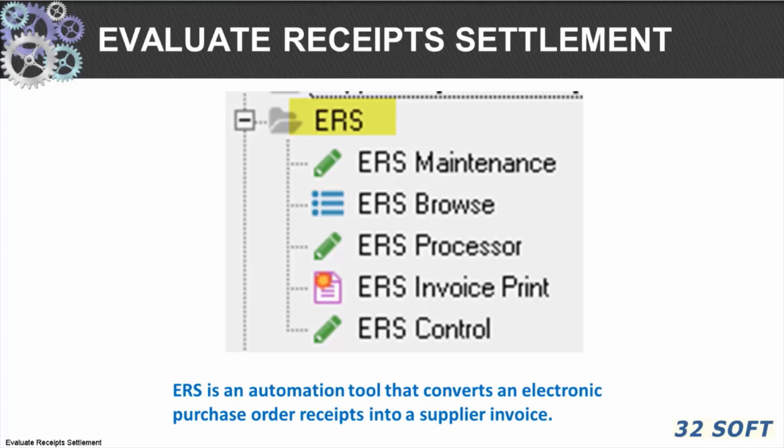ERS is an automation tool that converts electronic purchase order receipts into supplier invoices. This is for those suppliers with which you have high volumes, close trust, good data, and excellent communication. This can save untold amounts of manual processing for these super trusted suppliers.